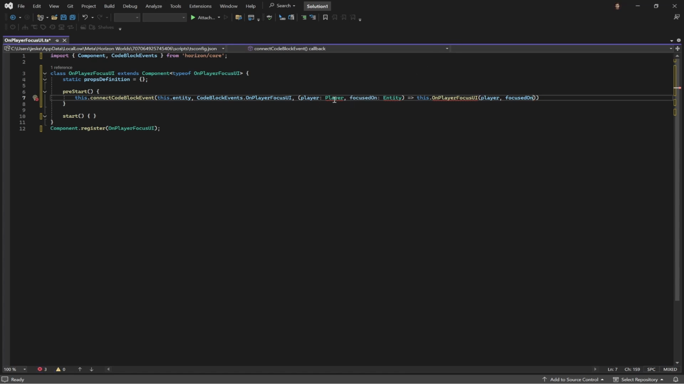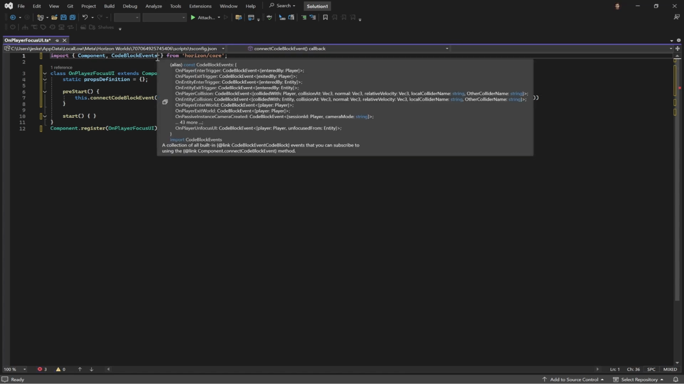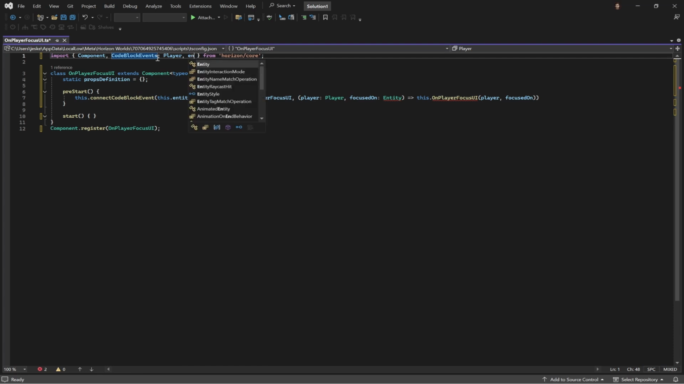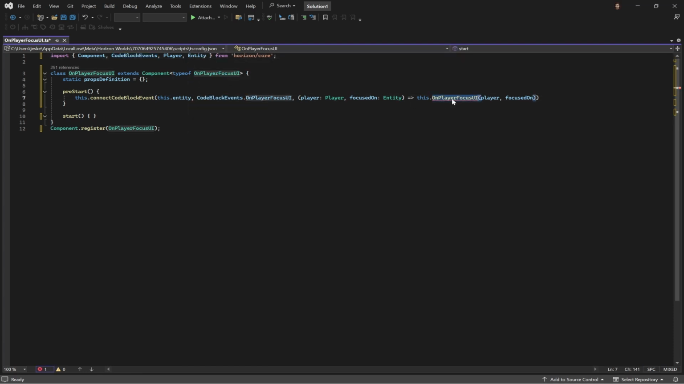Well, we're getting some errors here because we did not import player or entity, and we're getting an error here because onPlayerFocusUI doesn't exist yet. So we're going to come down here and we're going to create it. So that'll give us our method, and we have errors here because we're not asking for these variables. And then we can just go